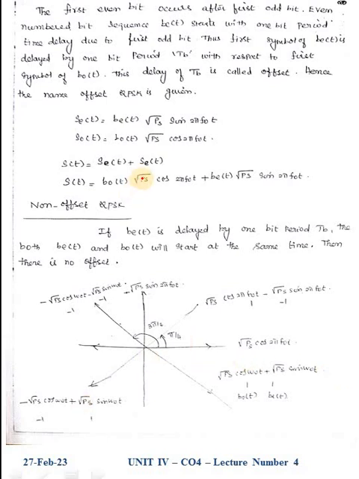So SE of t is equal to B of t into root P sin 2 pi f naught t. S naught of t is equal to B naught root P cos 2 pi f naught t. So combine these two, and this will produce our final signal. The same thing can be